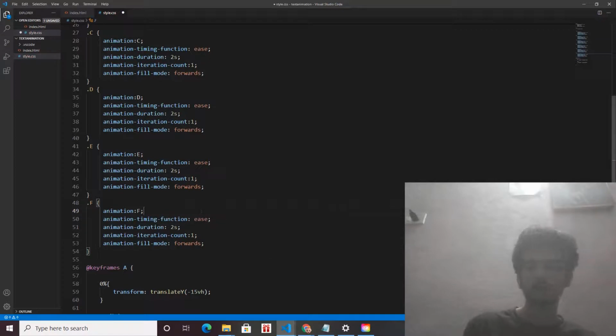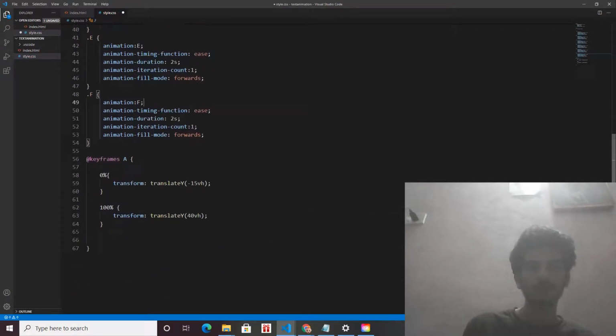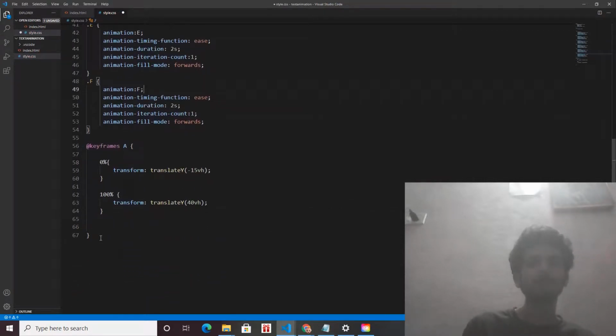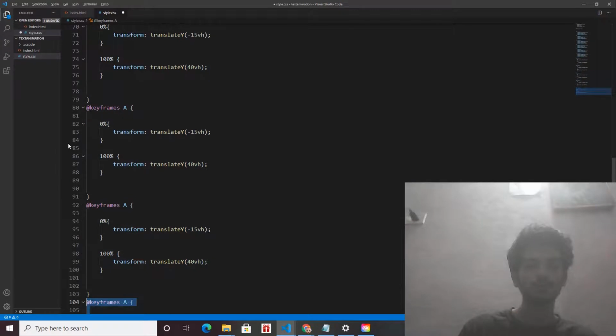Okay, so let's add keyframes for all the words. Right now we have only one keyframe, so only one letter of my name will have the animation effect. Why? Because we have only one keyframe. So it's time to add all the keyframes for all words. There are 6 words, so I am copying 5 times because I already have one.